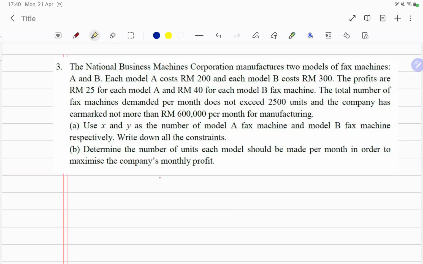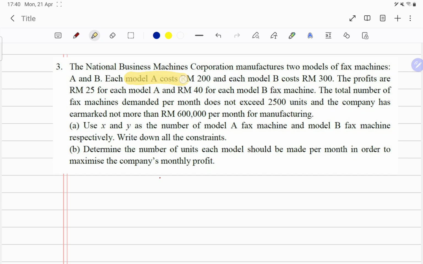Okay, for question 3, for tutorial linear programming. So how to solve this question? First of all, when we have this kind of question, we need to extract the information that we have here. First of all, they give us two models of fax machine, which is model A and model B,